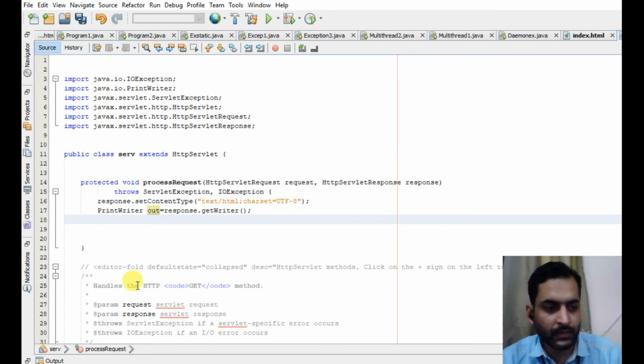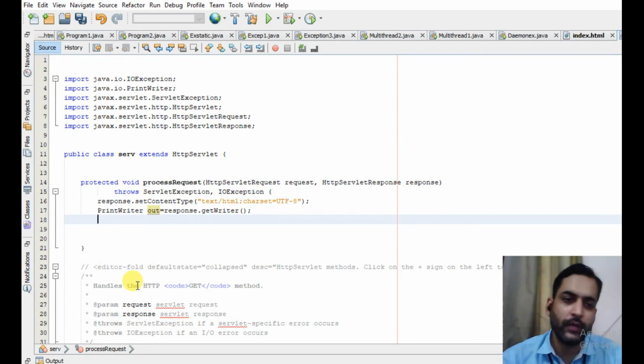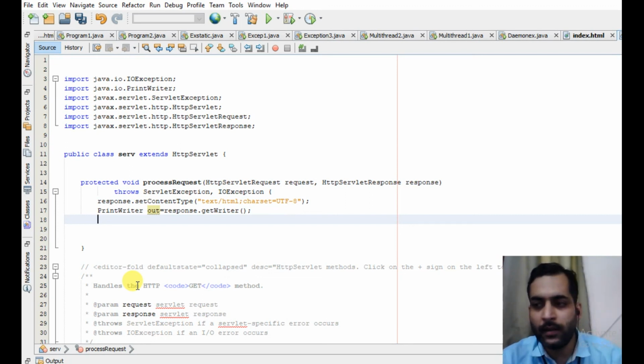See, this is not the console programming, this is web programming. In console programming we use System.out.print to write something on the console screen, but in web programming we need an object of PrintWriter class to write something on the web page. So this is the common syntax. This syntax is almost used in all the servlets.